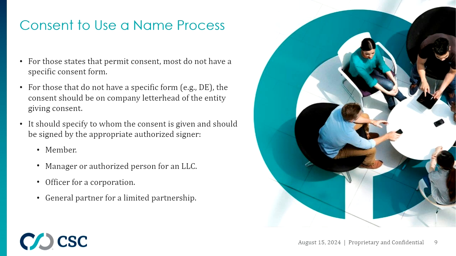If the entity name conflicts with an existing company and consent is an option, consent can be provided from one entity type to another entity type. Often we get questions like if a nonprofit corporation can consent to a for-profit corporation, but the answer is no, because at the end of the day, they're both corporations.